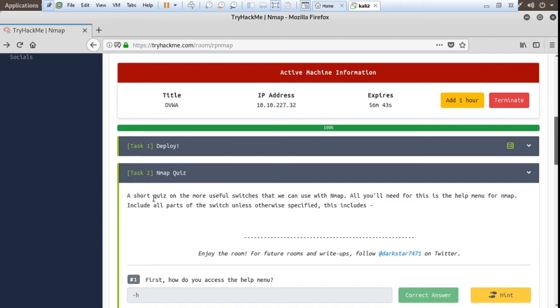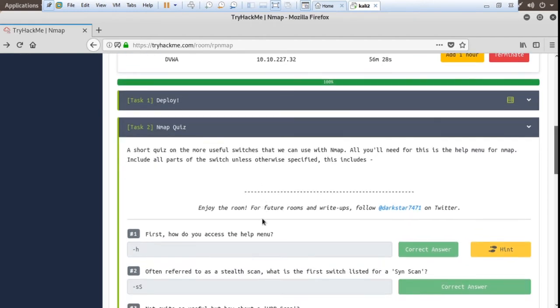So read here. And the first question is: how do you access the help menu?